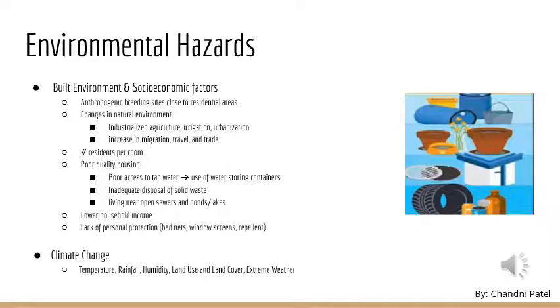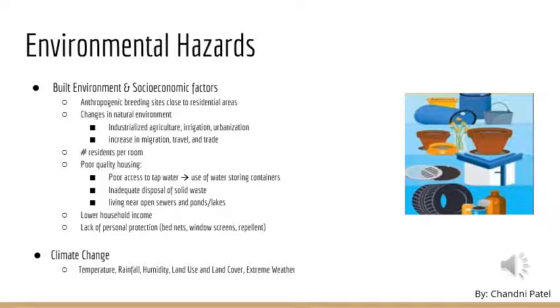Poor quality housing includes lack of access to tap water, which results in people using more water storing containers, and inadequate disposal of solid waste or living near sewers or near ponds and lakes. Research has shown that lower household income, a socioeconomic factor, has been linked to dengue risk. And last but not least, the lack of personal protection equipment, such as window screens, nets, repellent, have been linked